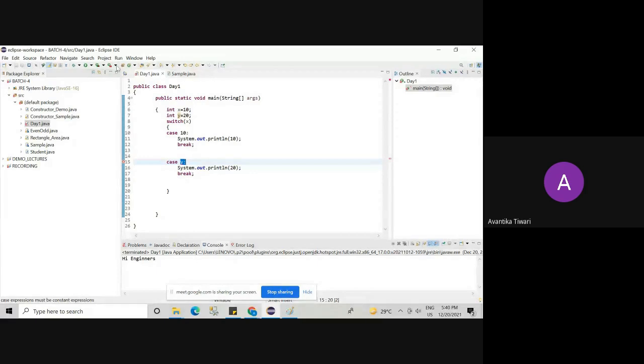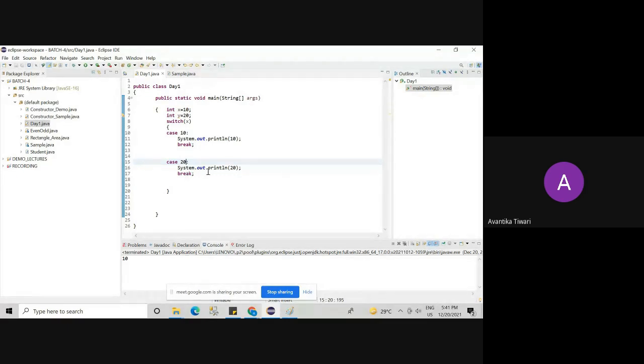So the compiler will say that every case label should be a constant. Case expressions must be constant expressions. And what you are passing is a variable expression. If I make it 20, then there is no problem at all. Okay?